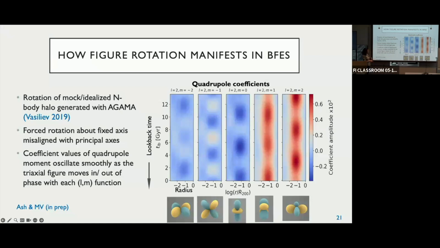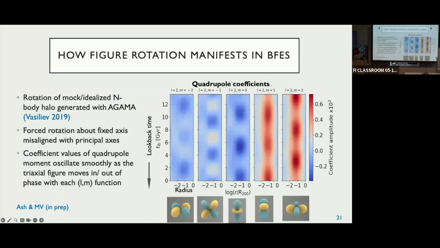Okay. I don't know if it's easy to see, but you can see that the amplitude of this coefficient oscillates back and forth across time. And the reason it oscillates is that as the shape of the halo comes into and out of phase with that particular quadrupole moment, you see an increase or decrease in amplitude. Okay, and so we thought, well, let's try and see if we can use this on the